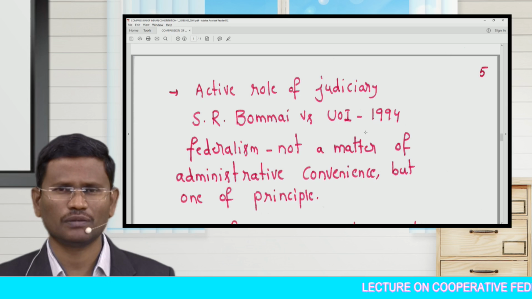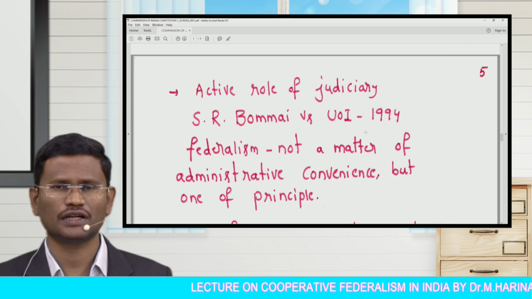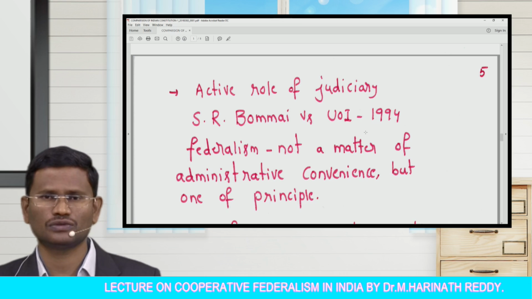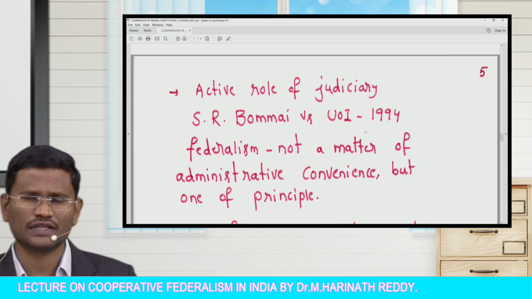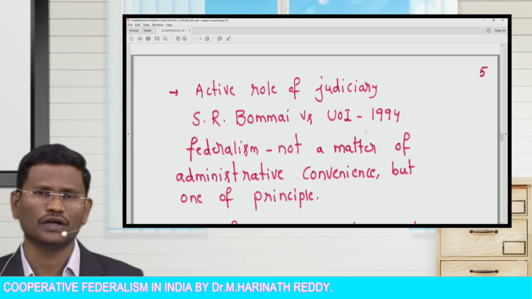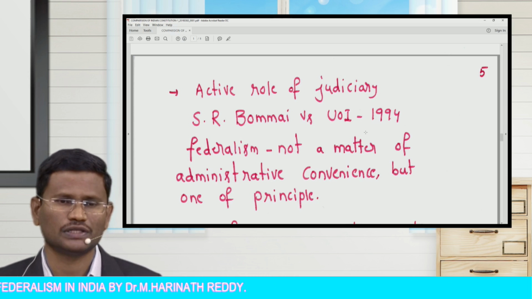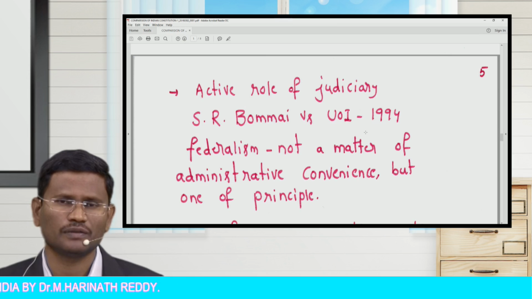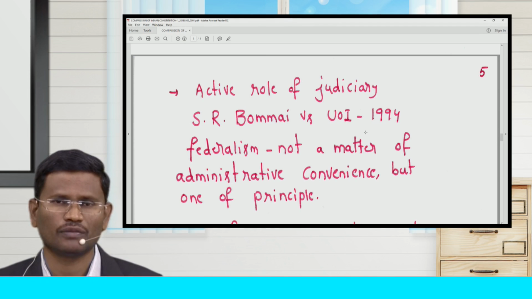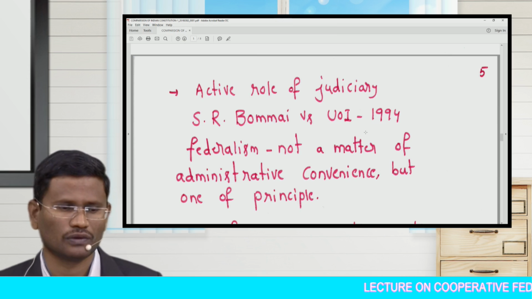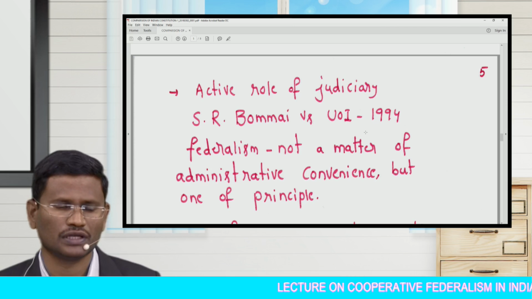The 44th Amendment to the Indian Constitution in 1978, way back, said that Article 356 is subject to judicial review. The same was reiterated by the Indian Supreme Court in the S.R. Bommai judgment. So the basis for the imposition of President's rule, whether it is on mala fide intent or bona fide intent, can be looked into by the Indian Supreme Court. That was what was declared by the Indian Supreme Court in the S.R. Bommai